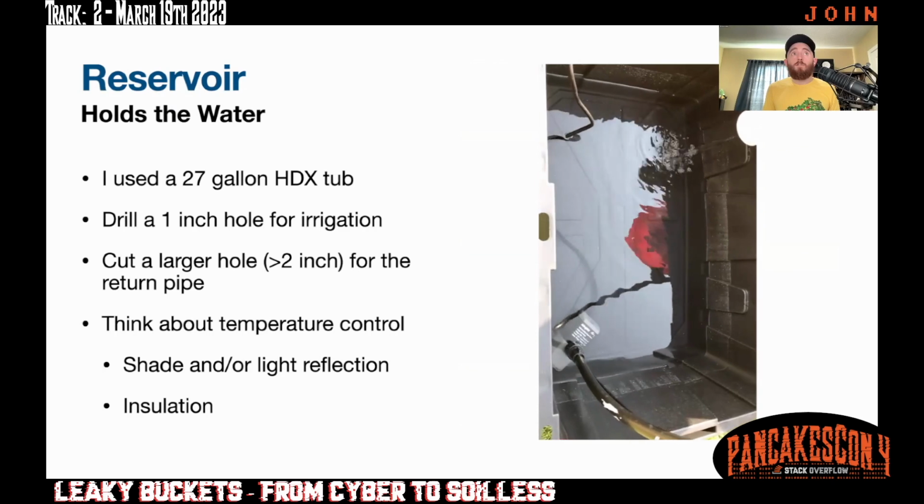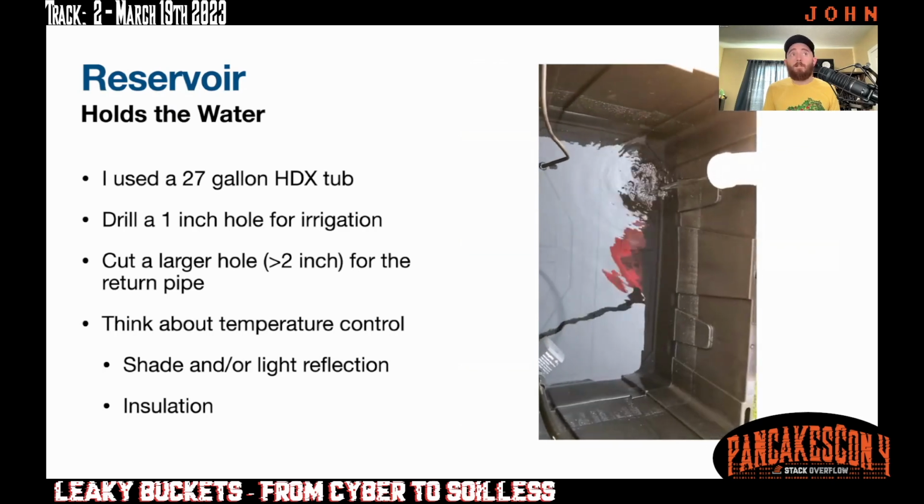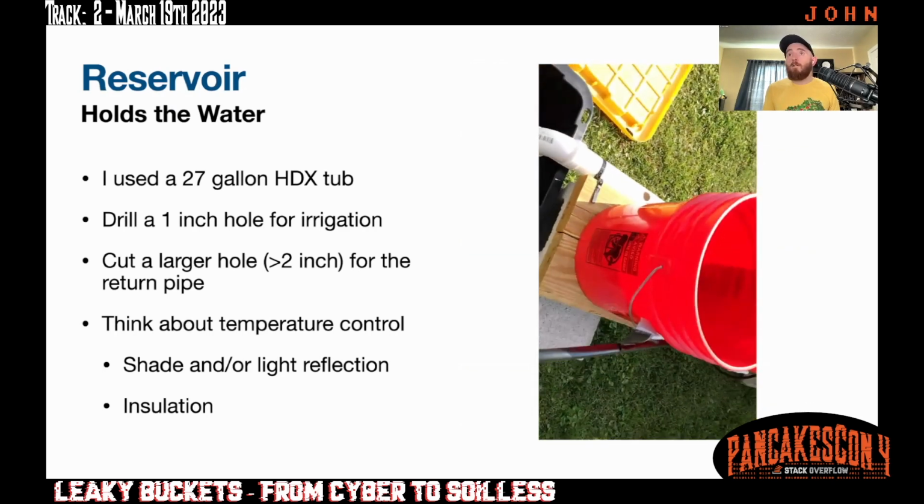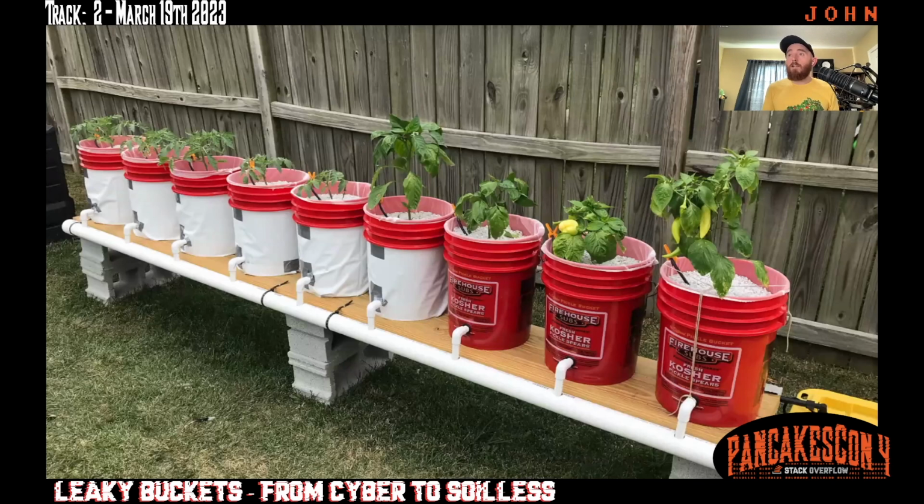And it should be dripping water in there. So this is what it looks like after you've got the irrigation run. You can see the irrigation lines are coming in the top and then just stuck down in the grow medium next to the roots, and then the drain pipes are all coming out.